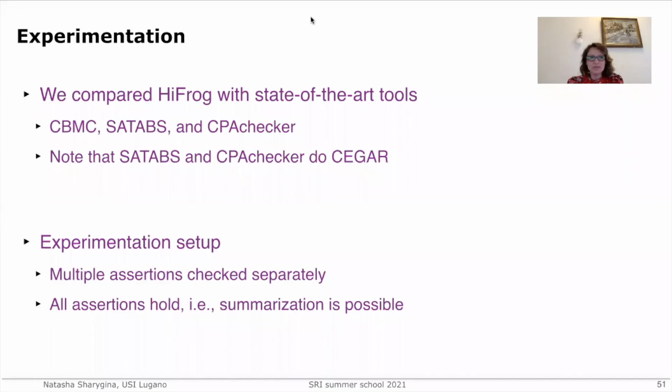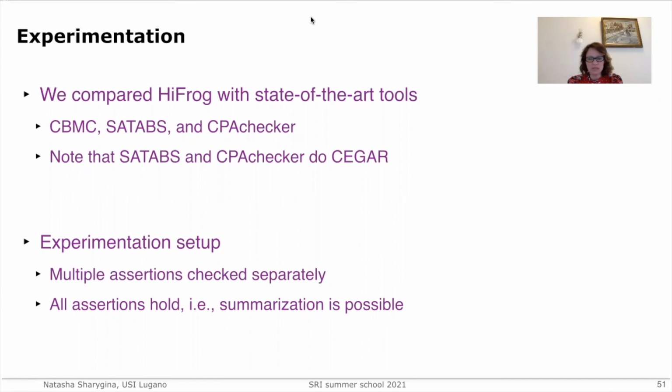I would like to share with you some experimentation which we did with HiFrog against some state-of-the-art software model checkers such as CBMC, SeaHorn and CPAchecker. Our tool HiFrog is using a function summarization-based approach for verification of the system, while SeaHorn and CPAchecker, for example, are counter-example guided abstraction refinement approaches, and they are not implementing the same procedures, but still,